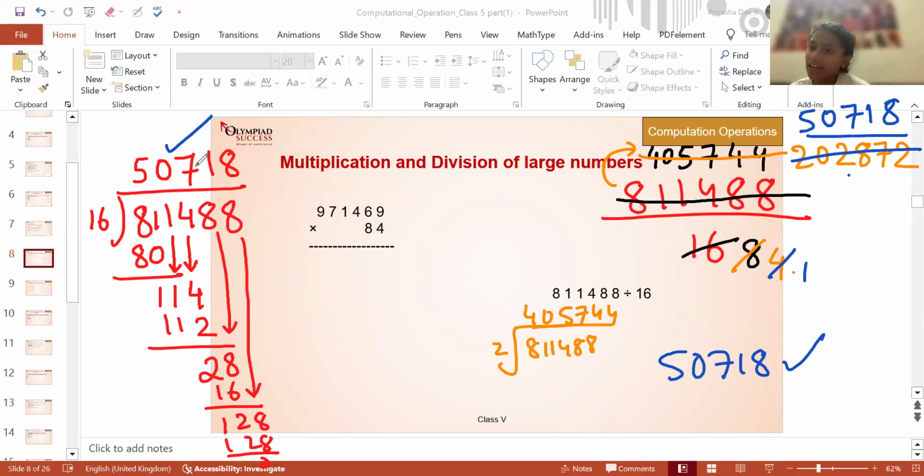Ma'am, can't we just directly do it divided by 2 instead of 8, 4? Yeah. As much as you're comfortable. I am just taking 2 so that I'm assuming that you are doing it absolutely for the first time. That's why. Okay, ma'am. Okay, Vivek. How do you know when to stop dividing? When you get a 1 in the denominator.